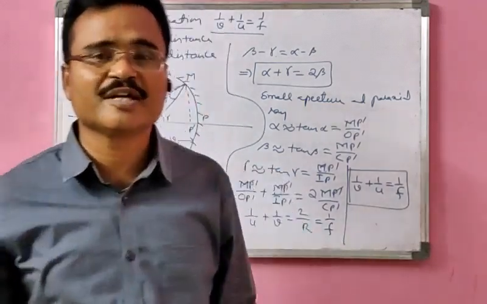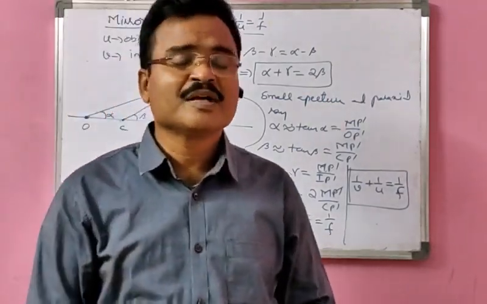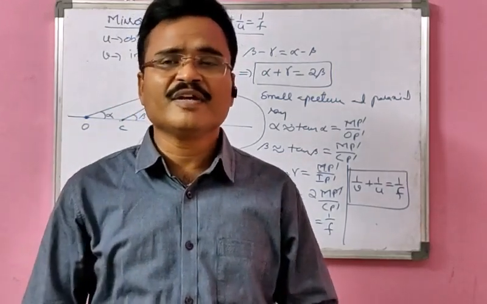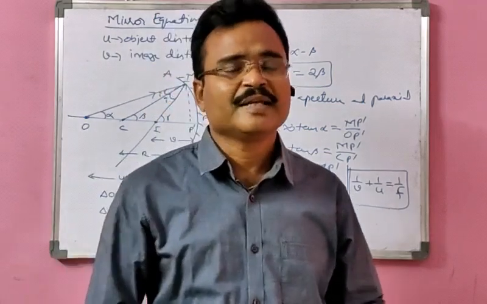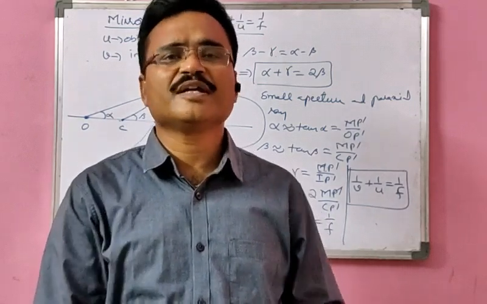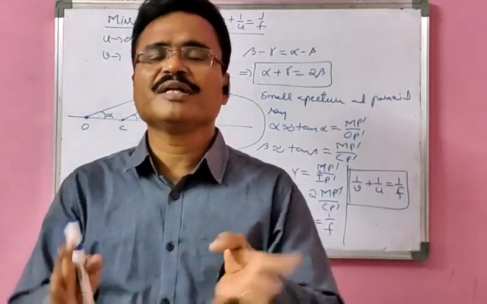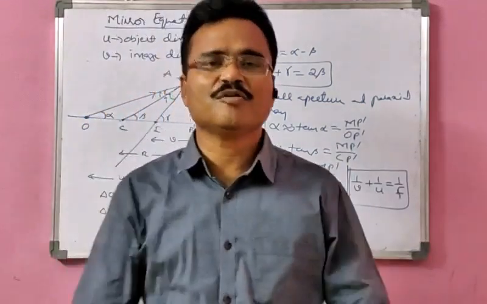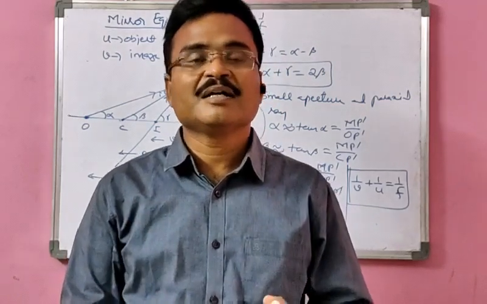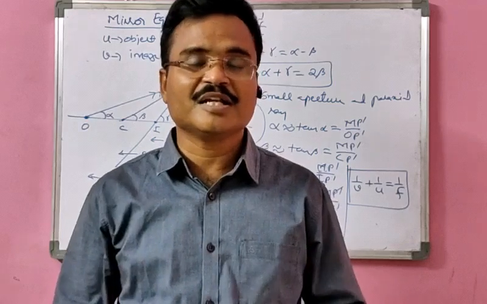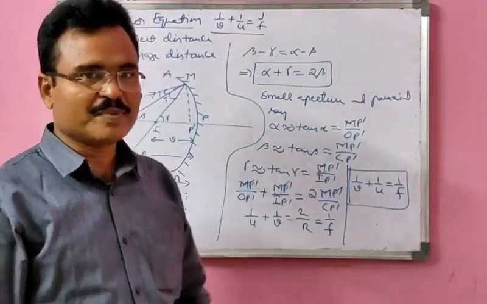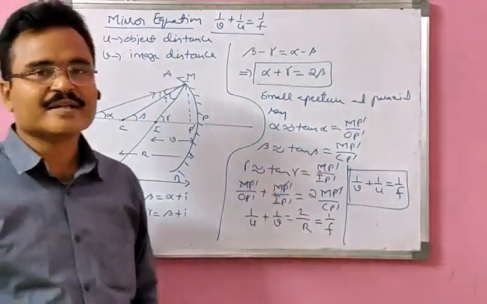If you get negative, it is concave. If you get positive, it is convex. And if you are given f and u and asked to find v, don't attribute any sign to v. In the formula and final answer, you will get v negative or positive. If negative, it is on the left of the mirror. If positive, it is on the right of the mirror. That is the only thing you have to keep in mind. Don't apply any sign to the given or finding quantities initially; they will become so during the solving of the problem. Okay, so this is the mirror equation.